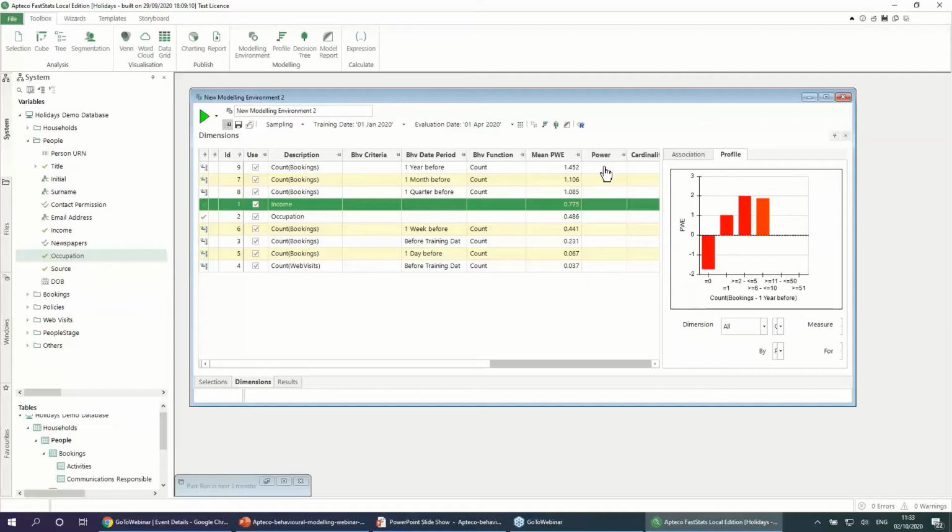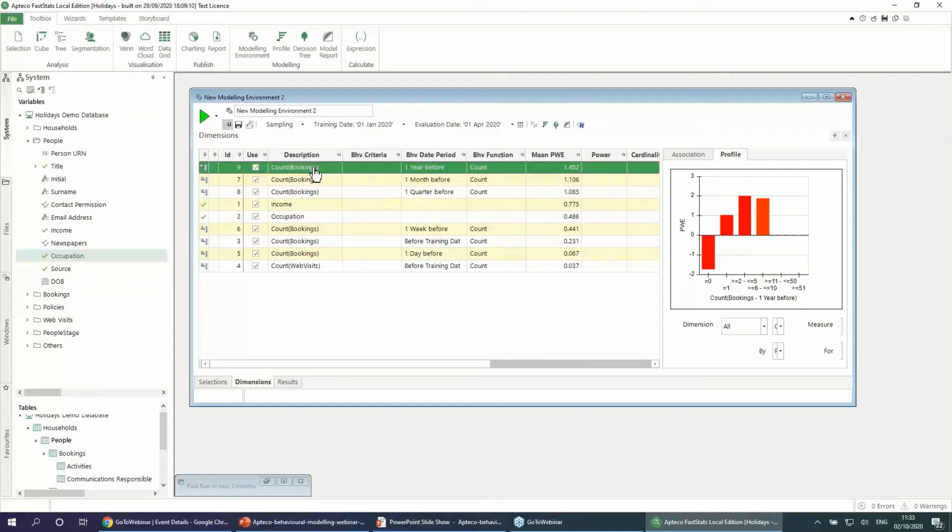This power column will show us the power of each of these individual features in isolation, as if we had made a model just with that one feature in it. And it will detect how well that variable can identify the target group on a new set of data. So we're not using a holdout sample, we're using a different set of data, and we're testing against that. And I can rebuild the